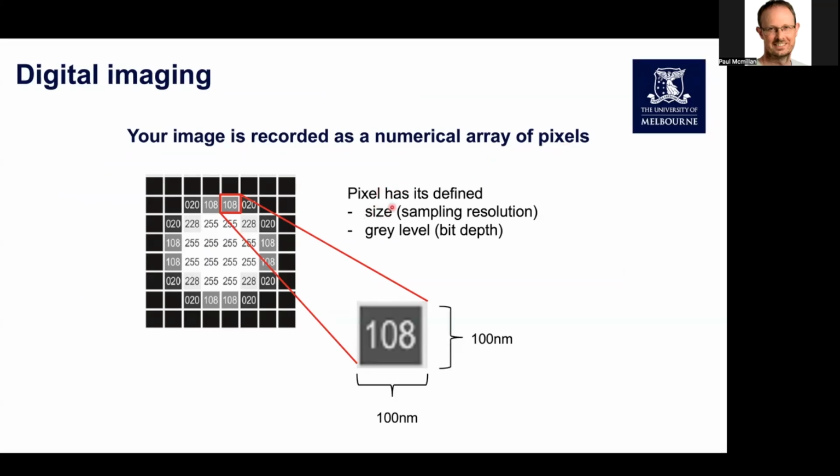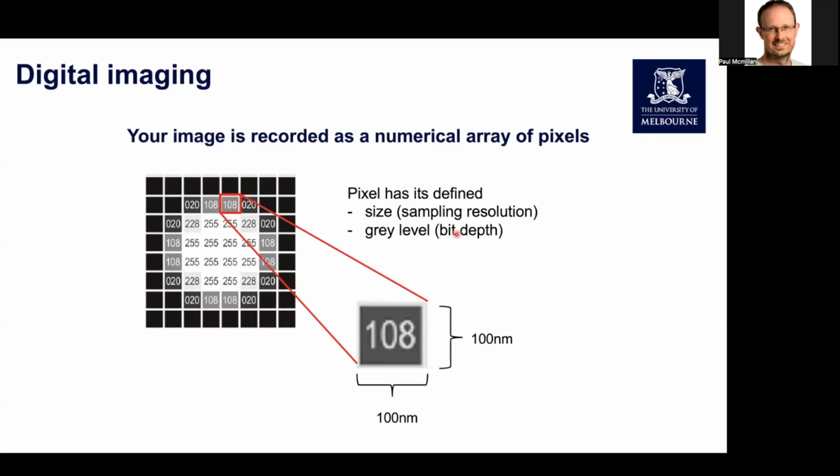First of all, a size, or a corresponding size within your sample. In this example, this pixel is 100 nanometers by 100 nanometers within your sample. It also has an intensity value. In this case, it's 108. The range of these gray level values is defined by something called the bit depth, which will